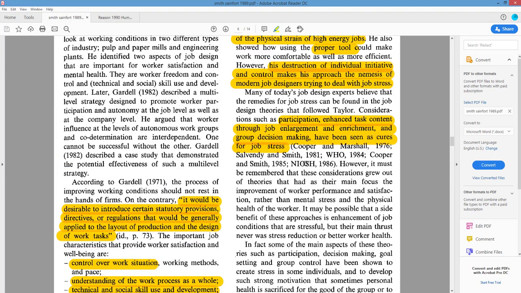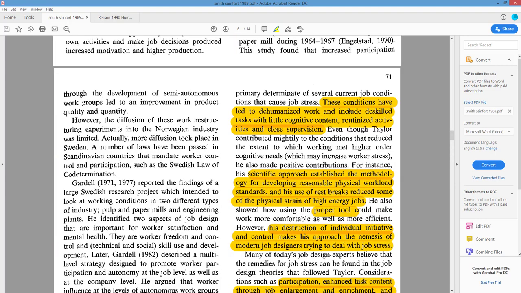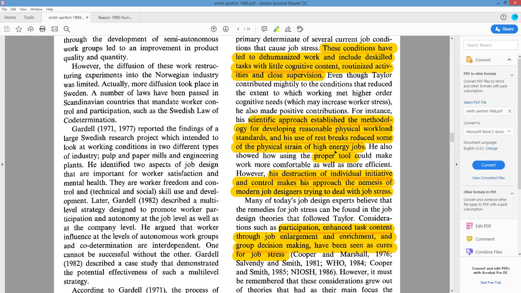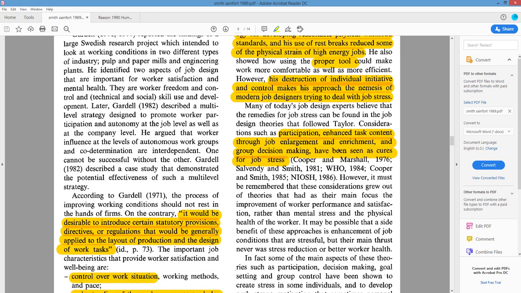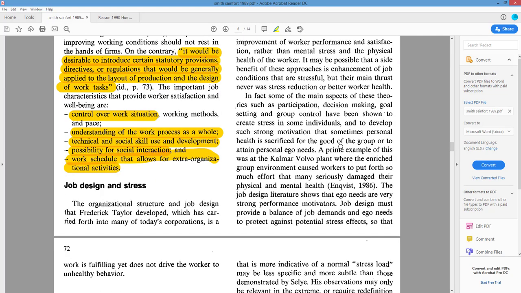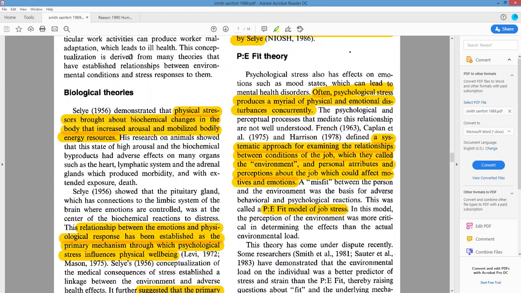So job design and stress starts talking about that. And they're more relating it to things being either undefined, too difficult, not expected, so therefore people are stressed out by it. And that psychological stress can convert into physiological stress. And so they talk about that. They have more job stress theories. Selye, I had a whole class built around Selye's book. So perceived inability to meet a perceived demand is considered psychological stress.